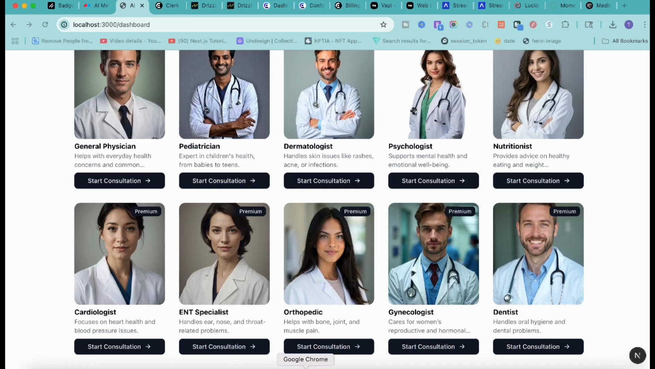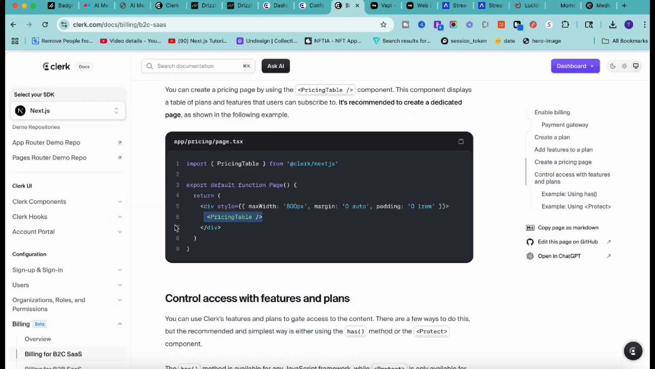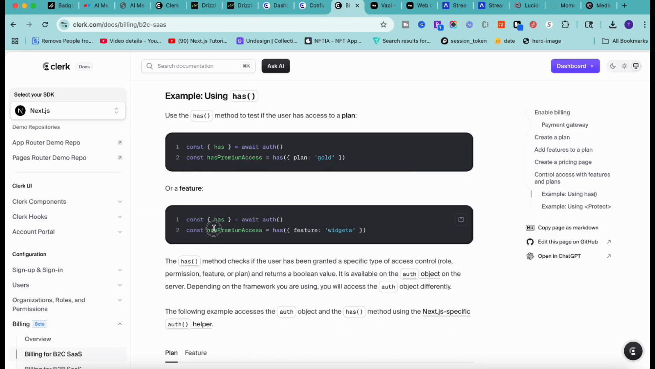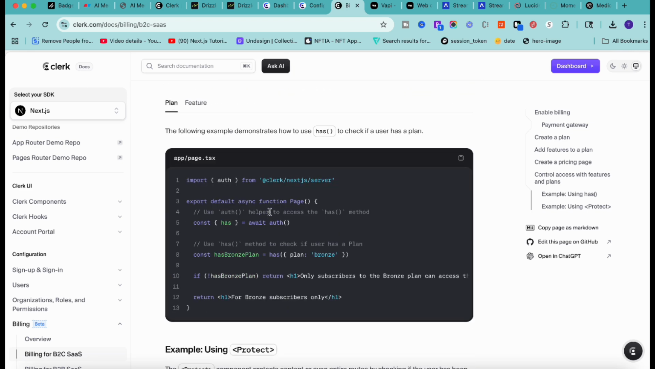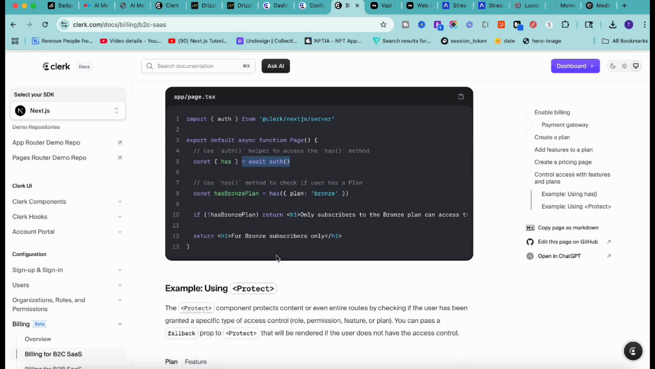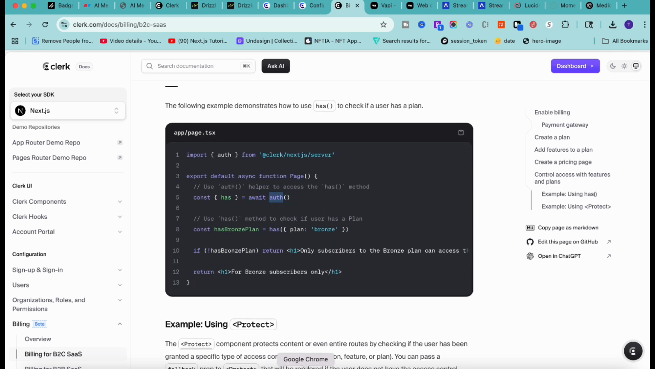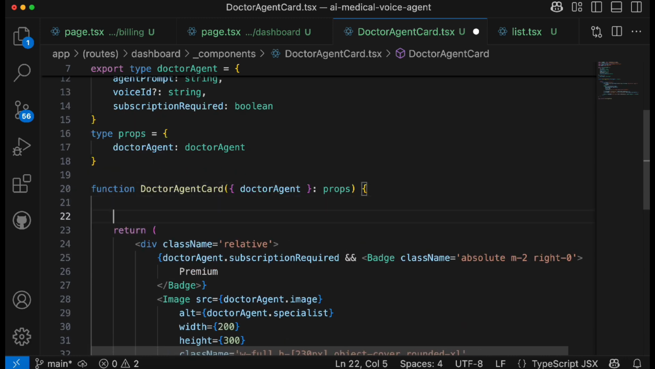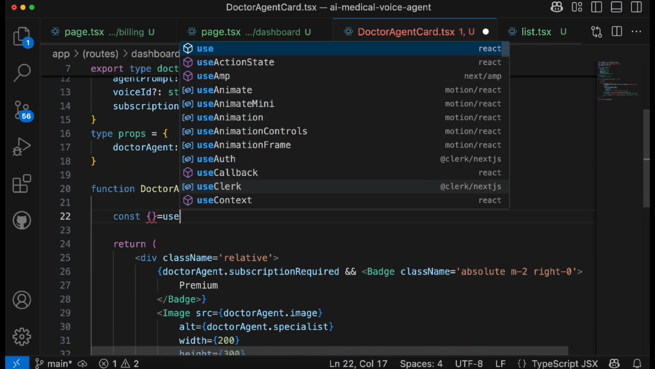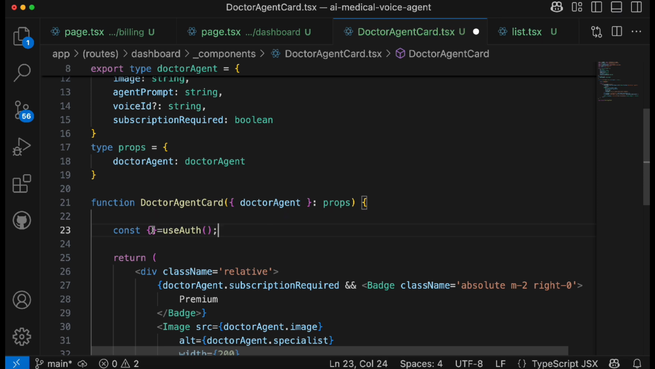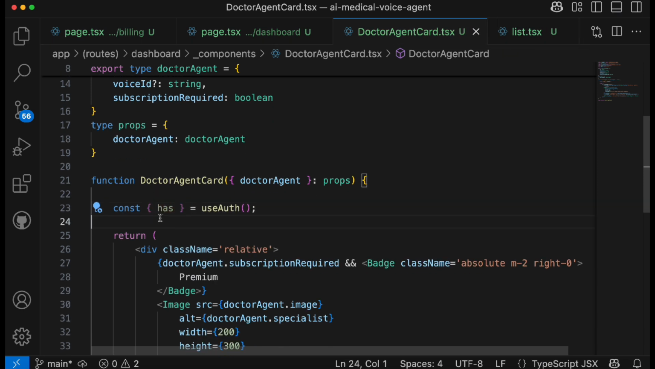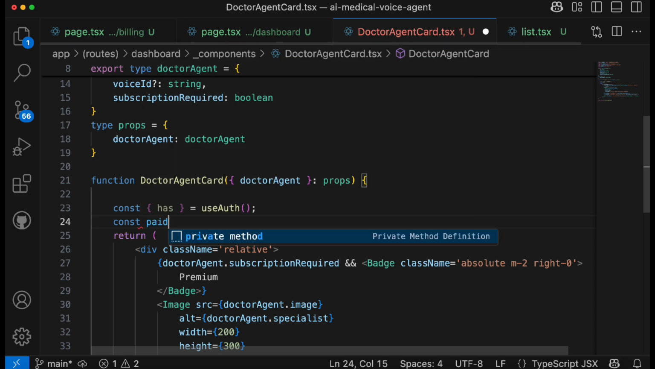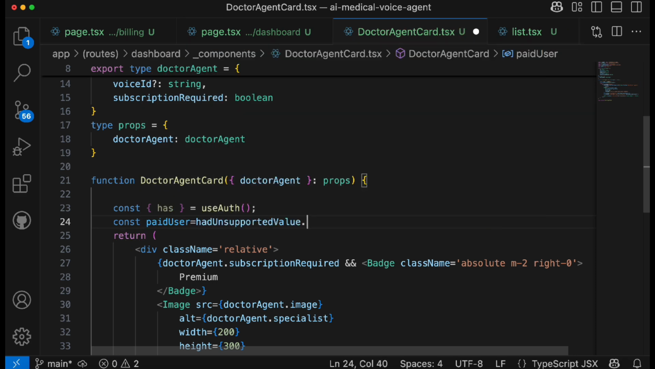Now another important thing, we need to verify if the user has joined as a paid member. Then only we want to enable this button, otherwise we want to disable it. From the documentation you will find it has a method called has premium access. So you can get this value. If you are using server side, you have to use await auth, otherwise you can use auth as well. So let me show you how you can do it. Over here we'll use the auth method, which you can use on the client side, and it has a method called has. Now here we'll say constant paid user is equal to has dot,